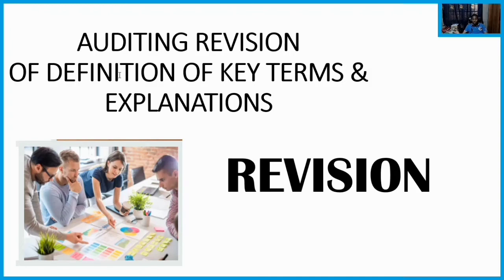Next, we are still on revision. We are going to be looking at some other aspects of auditing keywords, and we'll be explaining them. Like, we are going to be talking about contingencies. We are going to be looking at continuous audits. We are going to be talking about control activity, control risk, and control environments, and I want to believe you want to join us and learn more about all this: control environment, control risk, control activity, contingency, continuous audit, and so many more as we revise together